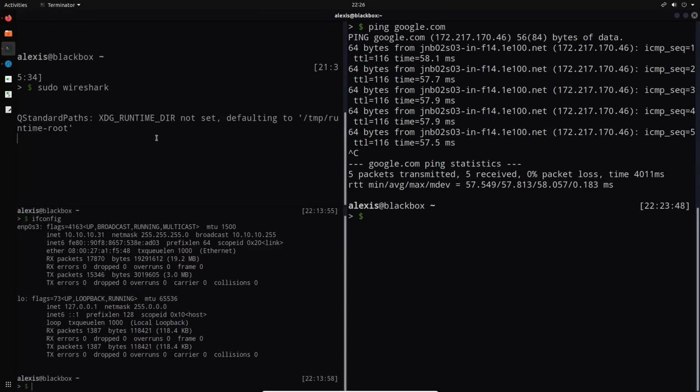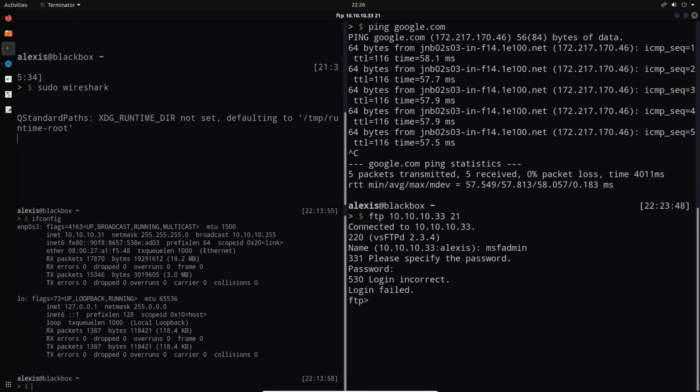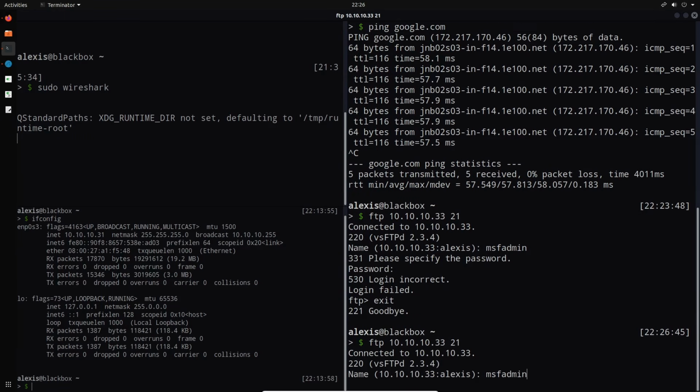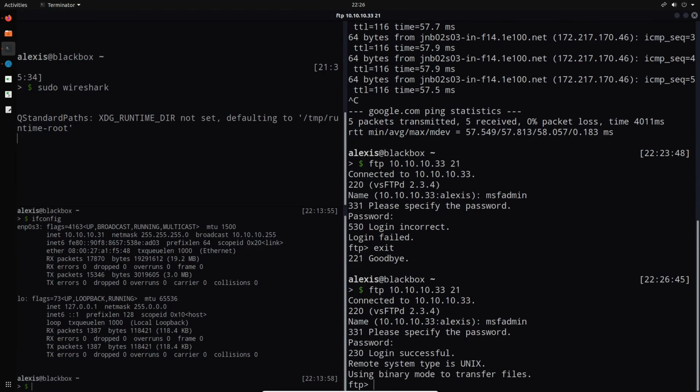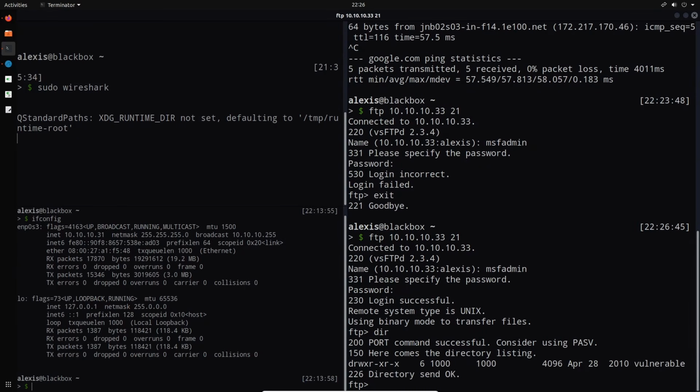So what we can do is let's try and authenticate with the target via FTP. So I'm going to say FTP and then specify the actual target IP address, and then the port in this case is port 21. So I can just provide the credentials MSF admin and MSF admin. And hopefully I typed in the password correctly. So I'm just going to exit and try that again. So MSF admin and MSF admin again, and there we are. So authentication was successful. So I can say dir to list out the contents of this directory,